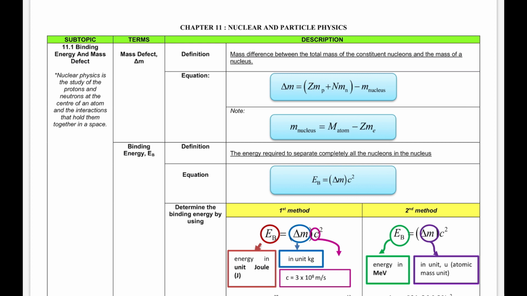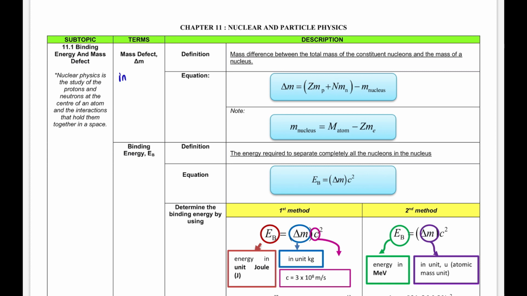Today we are going to learn about Chapter 11, Nuclear and Particle Physics. For the first subtopic, the title is The Binding Energy and the Mass Defect. For your information, nuclear physics is the study of the protons and neutrons and the interaction that holds them